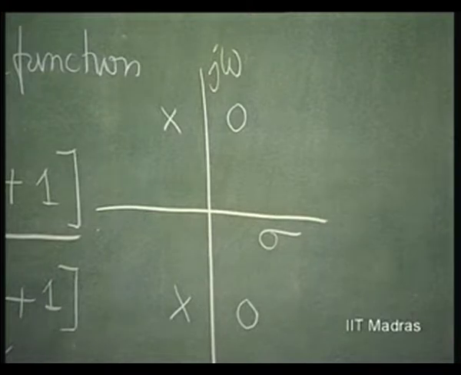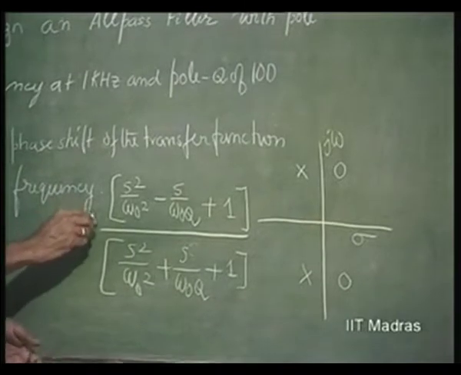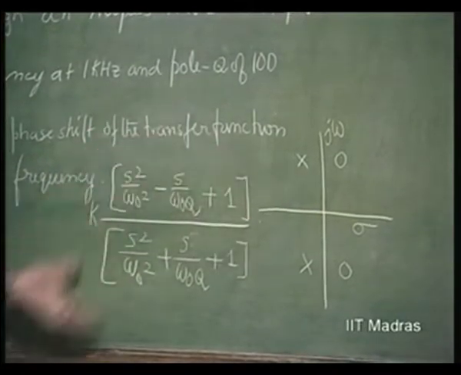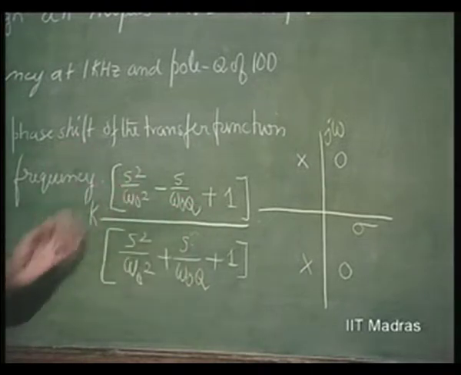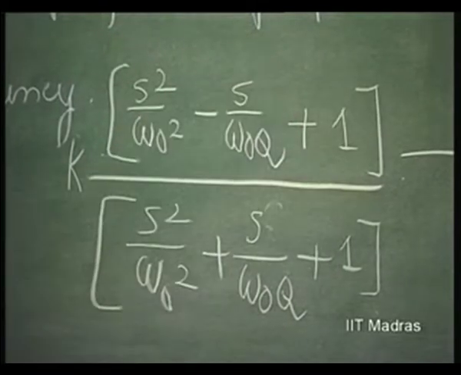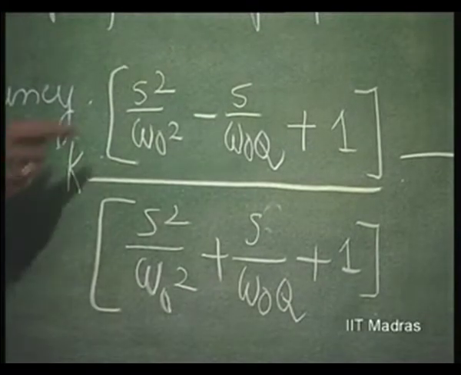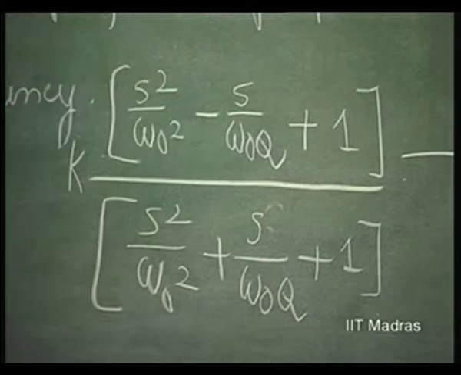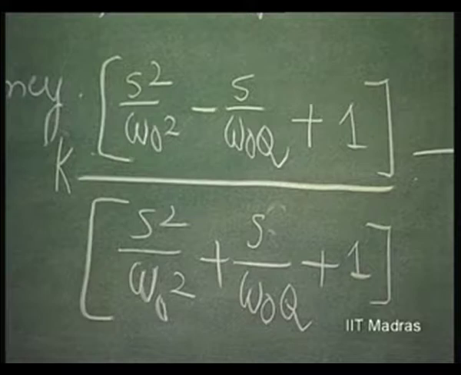Here, since if you take the magnitude, magnitude is unity throughout, or if there is a k factor here, it is going to be k throughout for all frequencies, because if you take the magnitude, this will give you a contribution of unity, because only change of sign occurs, right. Whereas the phase shift is going to be offered by both poles as well as zeros. So, contribution to the phase shift is going to be there, and therefore, this is going to be very useful